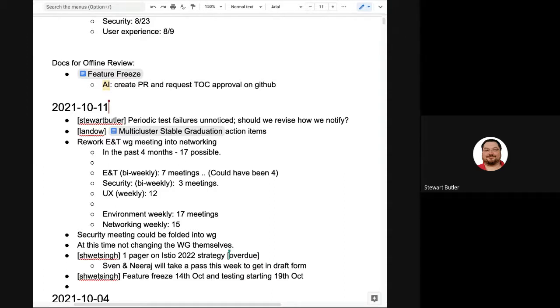And it was brought up that right now we don't have a really good way of properly escalating test failures in the periodic jobs, on just making sure they get to people that can actually fix them. And so we wanted to bring this question up to the TOC, which is how do we want to go about distributing test failure notifications for